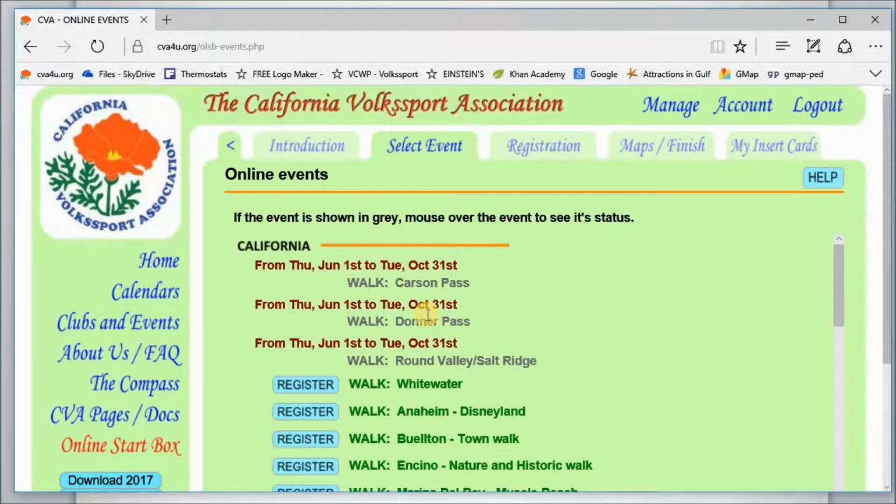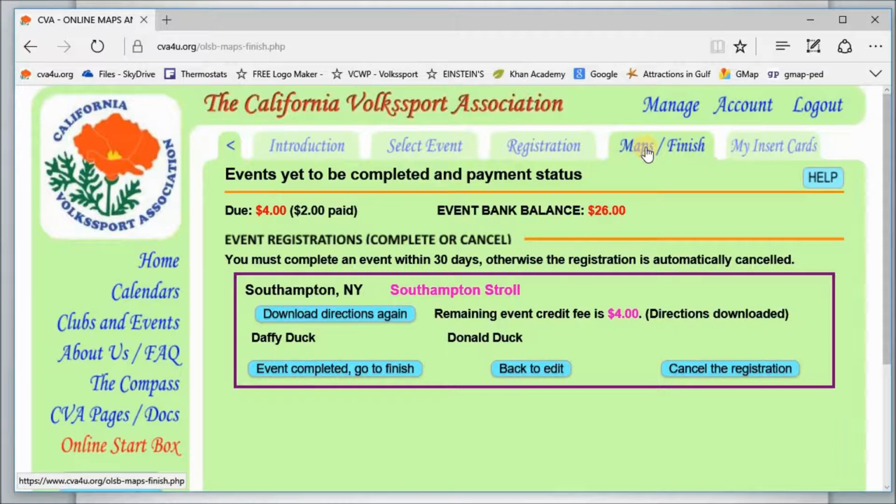And login is complete, and we can see that if we look at the registration, it's not there. It's in Maps Finish. That's where we want to go. That's where we left off the last time here, and we've already walked the walk in Southampton, and now we're ready to get credit for both Daffy and Donald. So we can go to Event Completed, go to Finish,